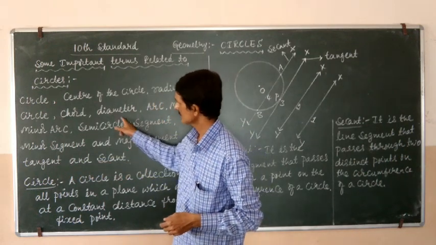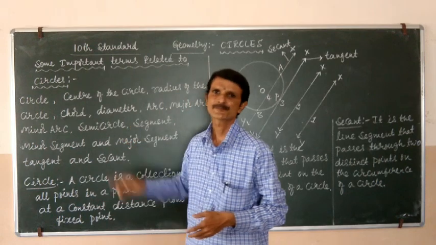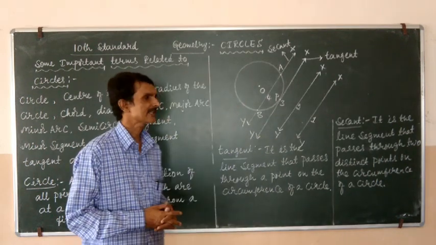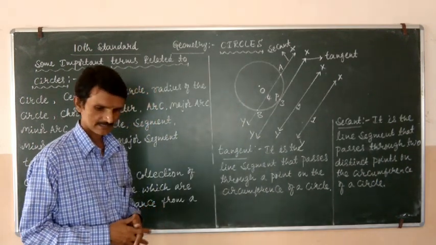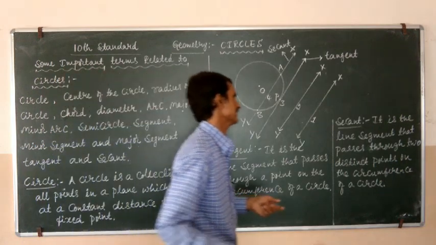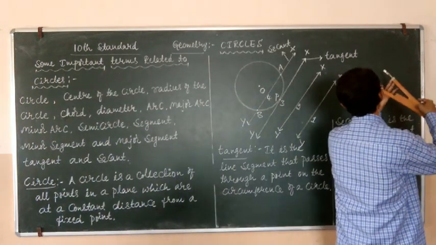And another one, the last one, is semicircle. Semicircle means,